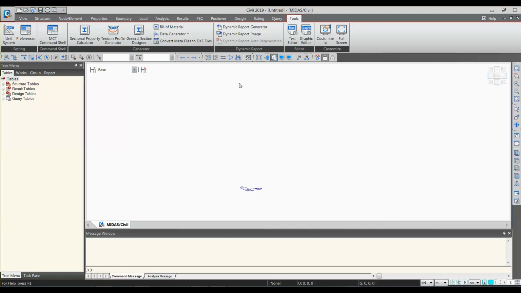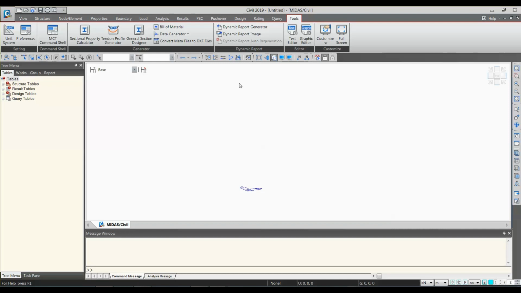Okay, then there is a sectional property calculator, which is SPC. Okay, so it is nothing but for those unconventional sections which cannot be produced in the MIDAS. So here the sectional property calculator will import your AutoCAD DXF file of the section, and then it will mesh the section, it will calculate the properties, and we can use the same section in the MIDAS software. So it is basically for those sections which cannot be easily created in the software. So AutoCAD files can be used for that.